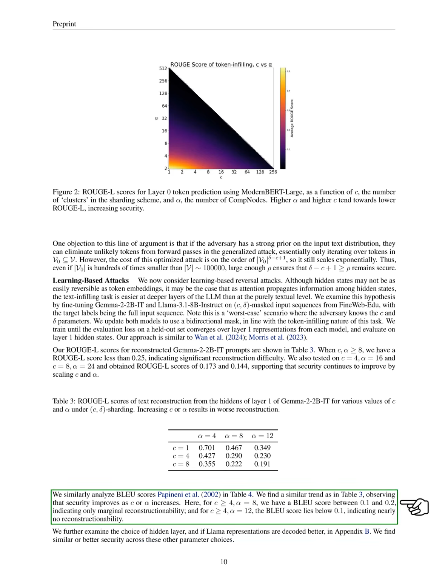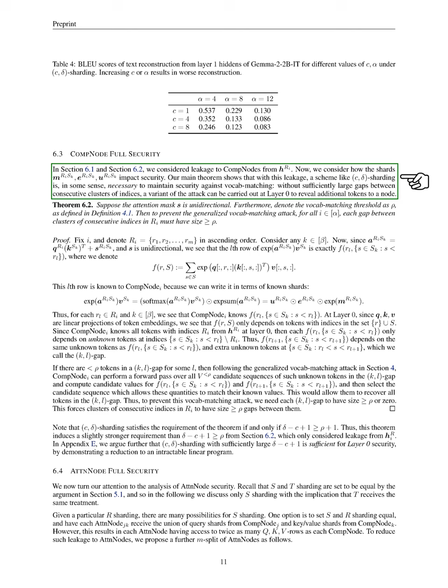Section: Comp Node Full Security. In this section, we examine the security implications of the shards represented by the variables m, e, and u. Our main theorem indicates that to maintain security against vocab matching attacks, we need a sharding scheme, like (C, delta) sharding, which ensures there are significant gaps between clusters of indices. If these gaps are not large enough, an attack can be executed at layer 0, potentially exposing more tokens to